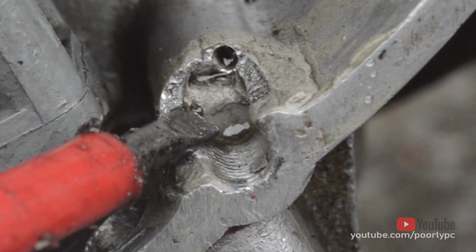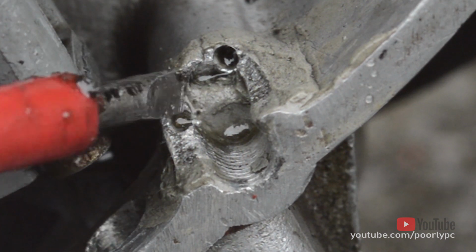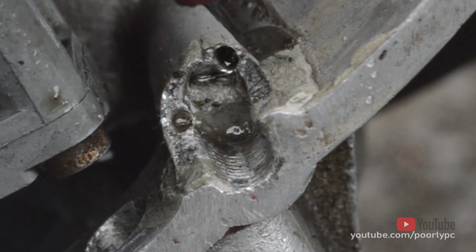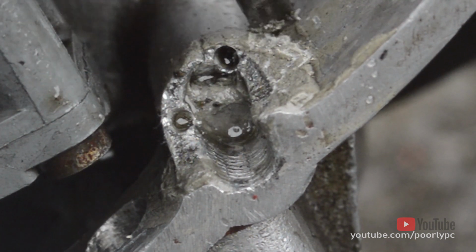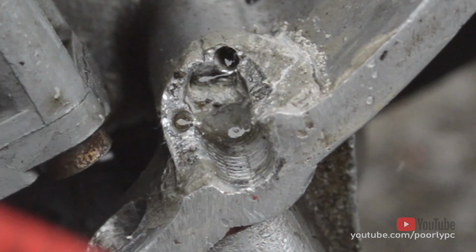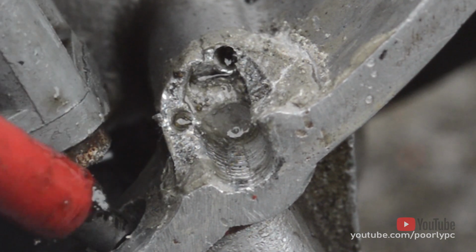Okay, so that's the damaged thread area. There is an oil pump here. I will clean it up, but as you can see it only goes in so far. That looks like it's got some sort of putty or some material that's been used to repair it. I'll clean all that out, but